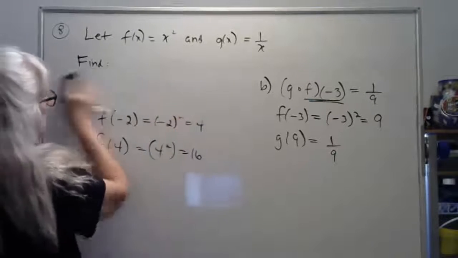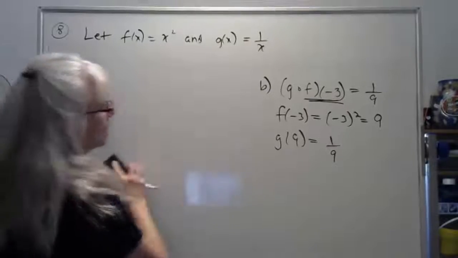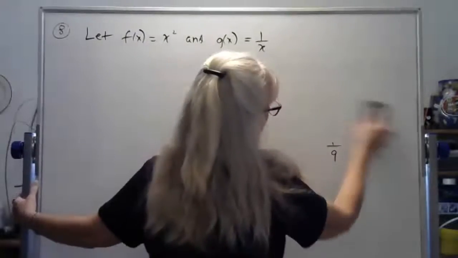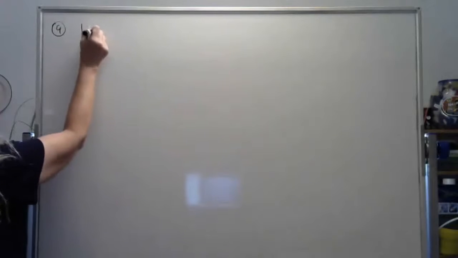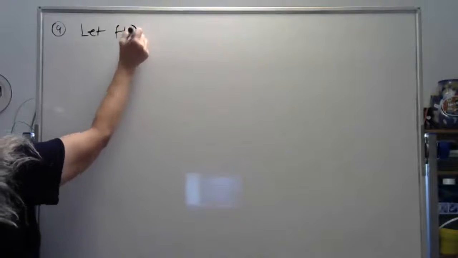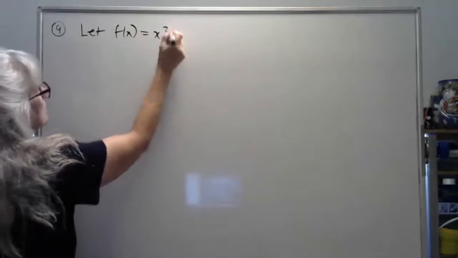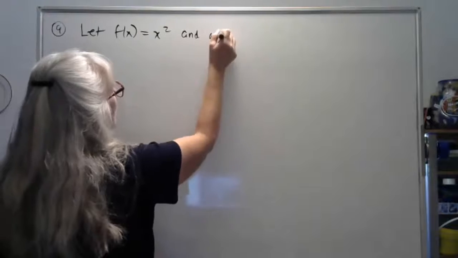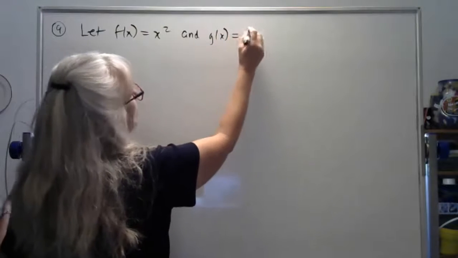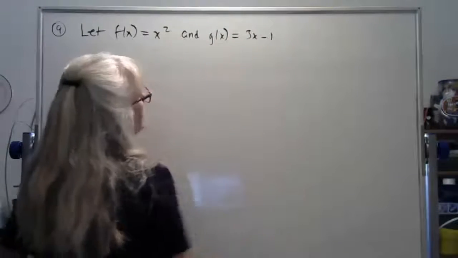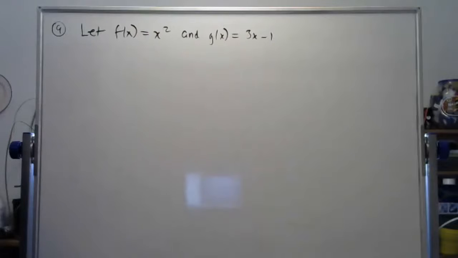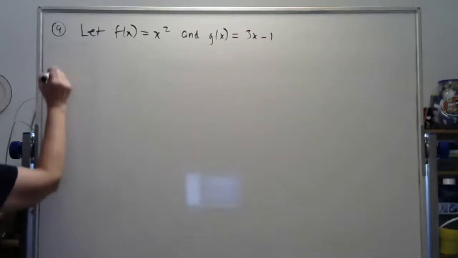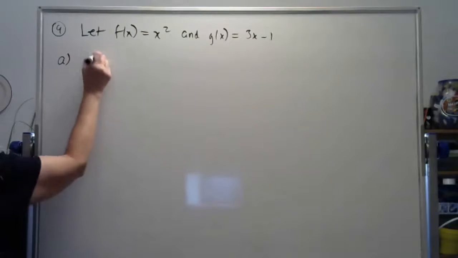Okay, and then we're going to go do the same thing, but with functions themselves, not numbers. We're going to evaluate functions at functions. So number 9, we're going to come in, and this time let's let f of x equal, we'll stick with x squared because it's easy to work with. And g of x equals 3x minus 1. So for part A, we want to come in and find